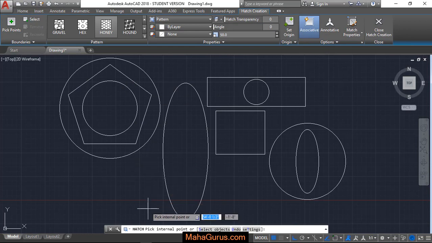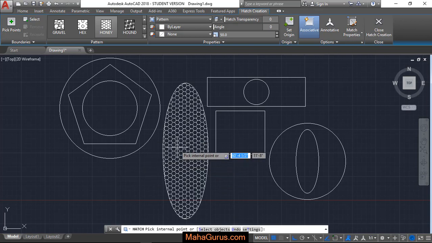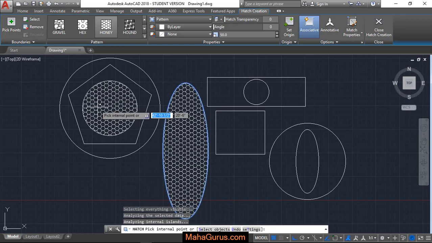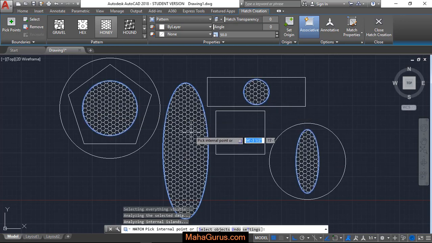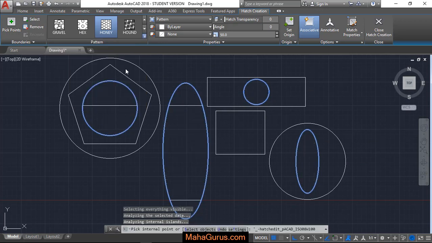Now here it's saying pick internal points. Okay, so you have to select the points where you want to apply this hatch. For example, if I click this one and this one, here and here, then you can see these closed figures are filled with the particular hatch. You can click on this arrow and change the particular hatch,